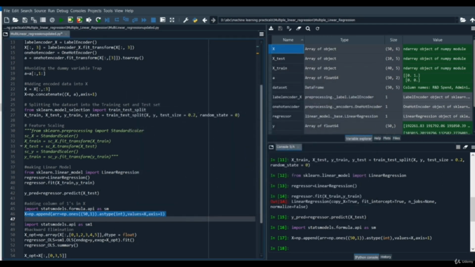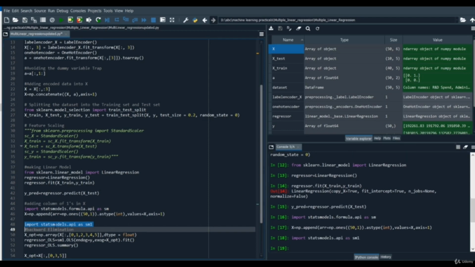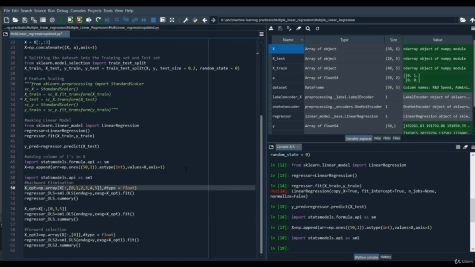Now we are going to use the statsmodels API to get a summary of our model. In order to do that, we import the statsmodels API like this. In backward elimination, first we take all the independent variables, including the constant, and then we remove the independent variables one by one which have no relation or very little relation with our dependent variable.